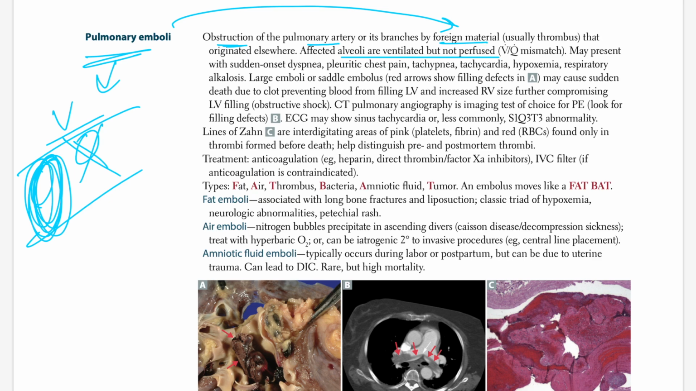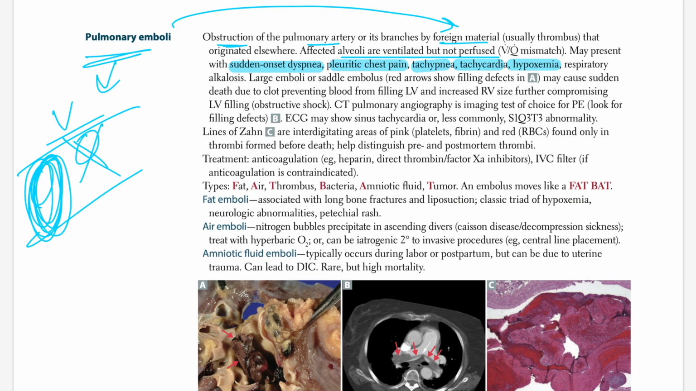May present with sudden onset, high yield. Now this is important. How's it going to present? Sudden onset dyspnea. Out of nowhere, they started having shortness of breath. Pleuritic chest pain. Out of nowhere, you have pleuritic chest pain. Tachypnea, tachycardia. Again, tachypnea, increase in respiratory rate, tachycardia, increase in heart rate, hypoxemia, low